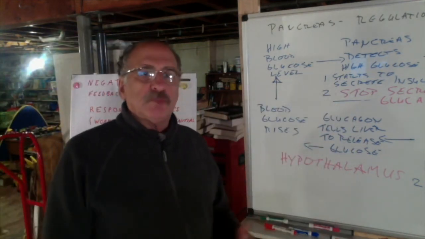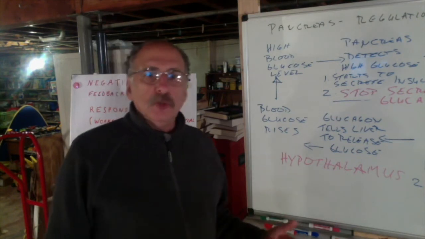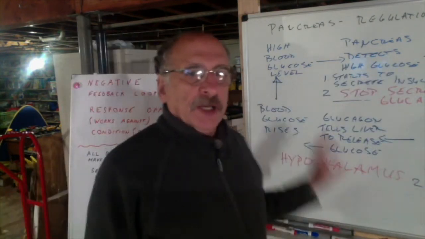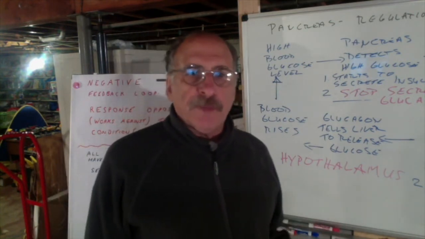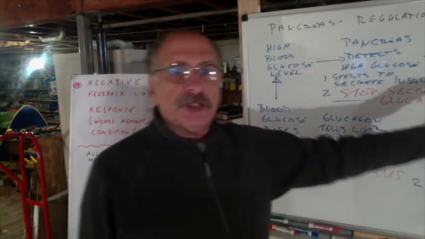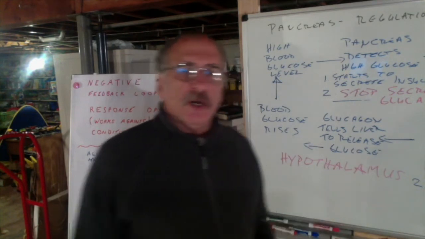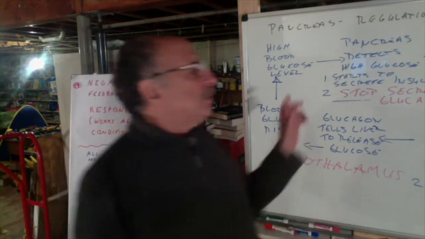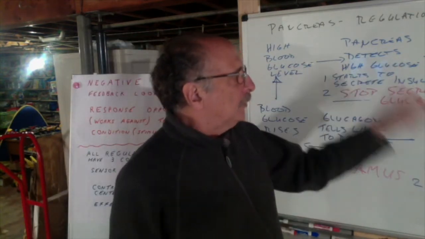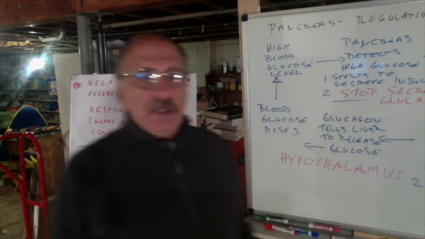Why is this a negative feedback loop? I go through this backwards. It's a loop because it keeps going around and around and around. Now, usually you think of a loop as being the shape of a circle, and here the shape is a rectangle, but even though it's shaped like a rectangle, we're still calling it a loop because a loop goes around and around and around. Why is it feedback?